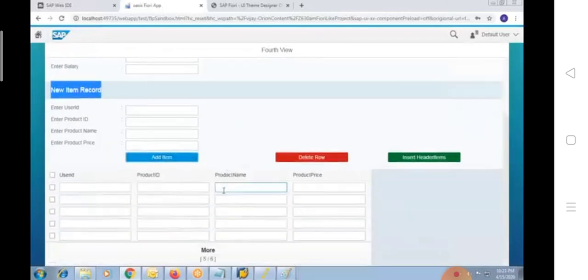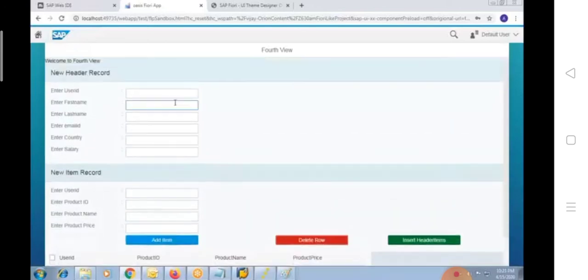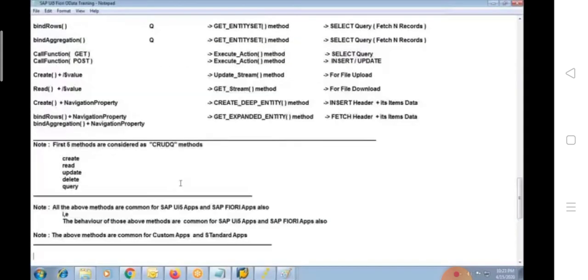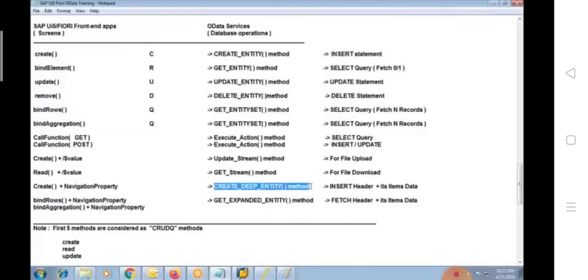You can add the items here. If you want to delete, you can delete the items. So ultimately you can provide a header record here, and a collection of items here, and perform the insert functionality.